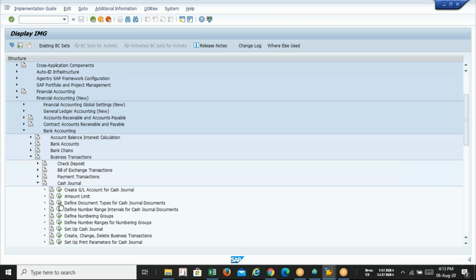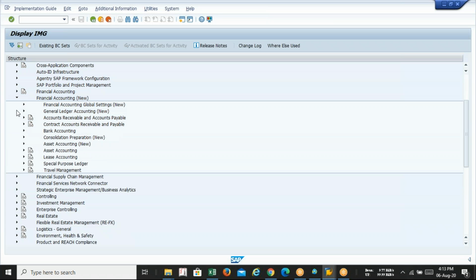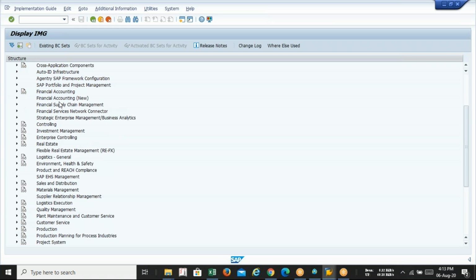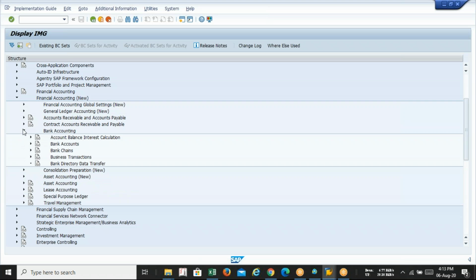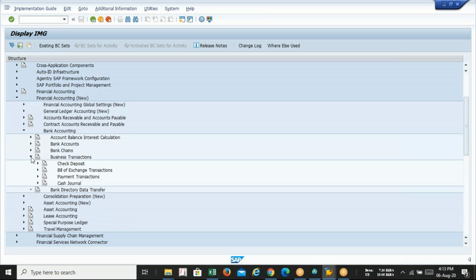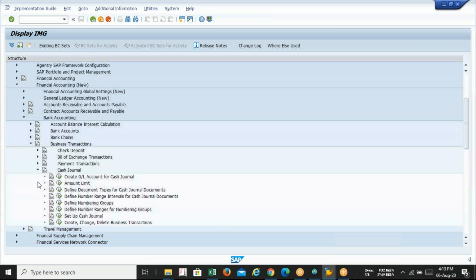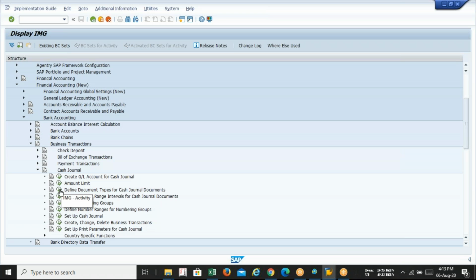So I'm requesting all of you, please make a note of this menu path. Just look at the menu path: Financial Accounting New, then Bank Accounting, after that Business Transactions, then Cash Journal, then the third option, Define Document Type for the Cash Journal Documents.